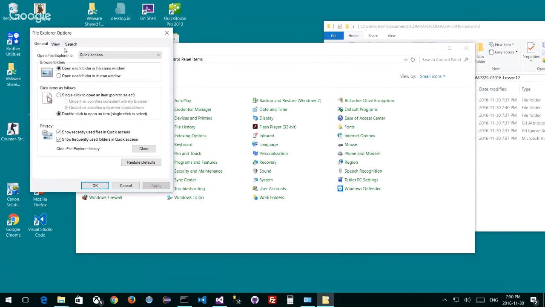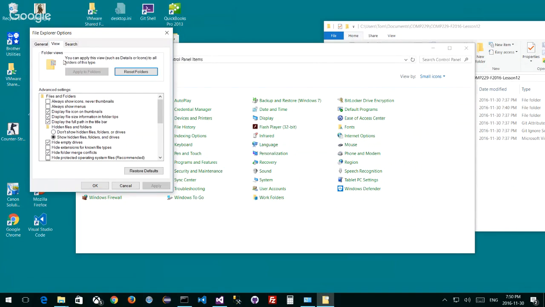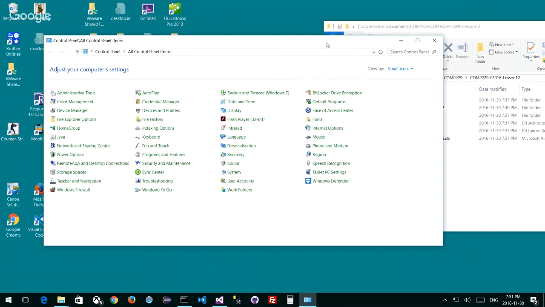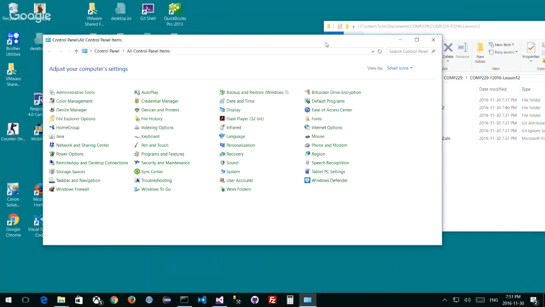Then what I want to look at is, if I look at View, you can see that it says Display File Icons. What I want is to show hidden files and folders. I don't want to hide the extensions from known system files. And I don't want to hide protected operating system files. So I can get at that .git folder. Because anything that's dot something is hidden by default, okay? So now,